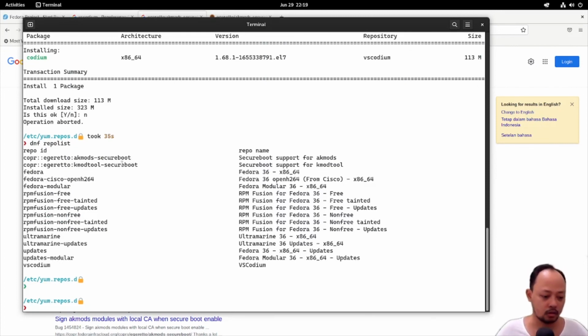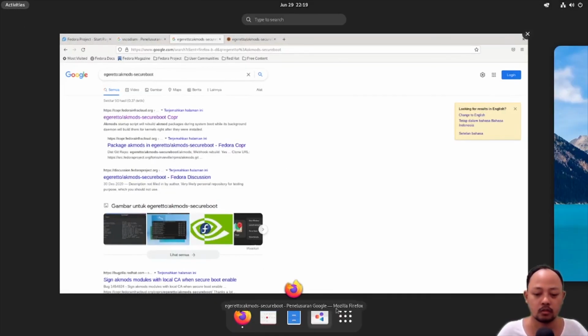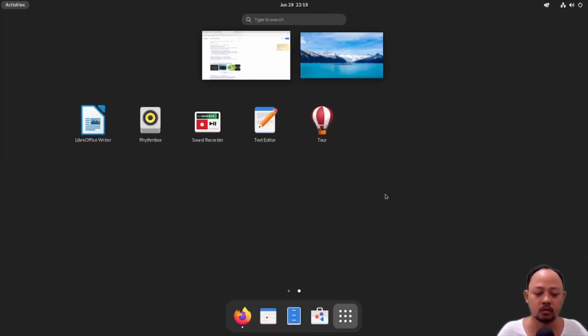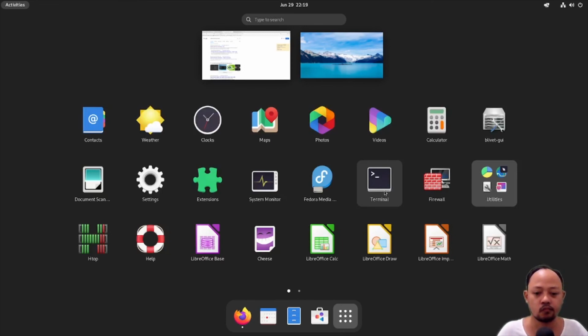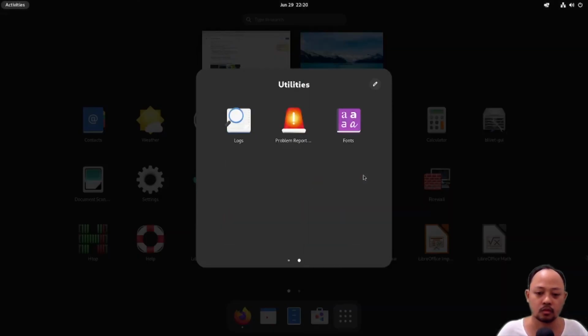Okay, I think it's enough for the repository. And then let's go to the other thing. We will go to the software management. Where is it? Software management.